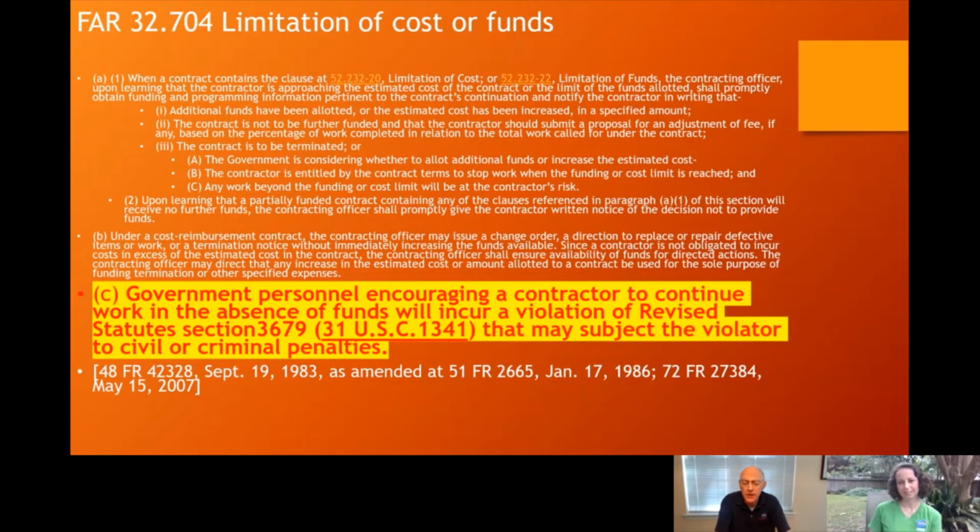There's a lot of case law dealing with the application of these clauses. We don't really need to get into that. You just need to know they're there and that you need to pay attention to them, and you need to make sure the contractor is paying attention to them too, because you do not want to have your contract exceeding its value, which could then cause us to be required to come up with more money, or maybe to say under that clause we're not going to pay you. And there are a lot of cases where we've said that, and more often than not, I think, the government loses those cases. The courts and the boards tend to be fairly sympathetic to the contractors as long as they didn't really try to game the system, and occasionally they have.